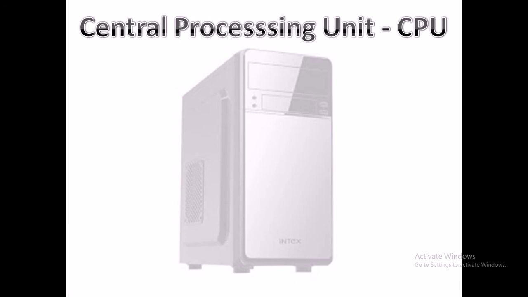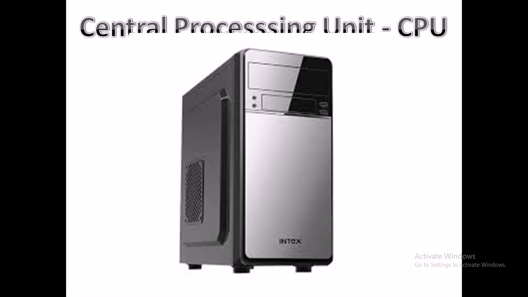After receiving the data instructions from the input devices, the CPU decides what to do about that, and then it works according to the process. It gives messages or signals to the concerned units. After processing the data, the CPU generates information and displays it on the screen through the monitor or prints it through the printer.